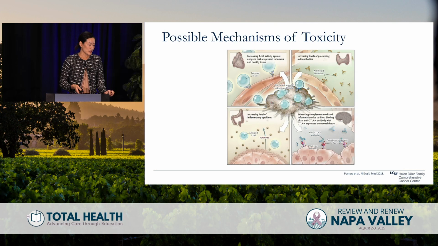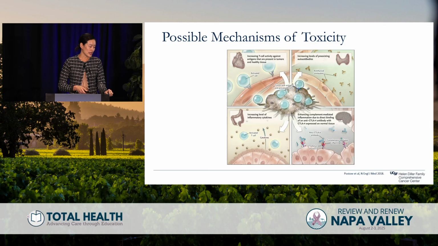Other questions that come up: how do they happen? In general, excessive immunity against normal organs. Unfortunately, this can happen not only against your tumor tissue, but against normal organs. I think the mechanisms are varied. For example, there may be similar T cell clones in the tumor versus in normal organs. That's been shown in myocarditis. Also think about vitiligo or anti-melanocyte protein recognition in our melanoma patients, for example.